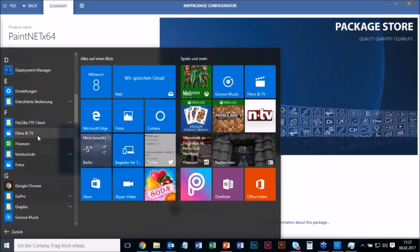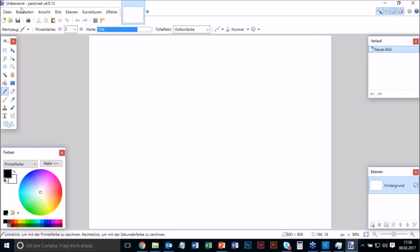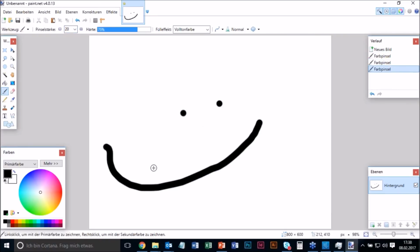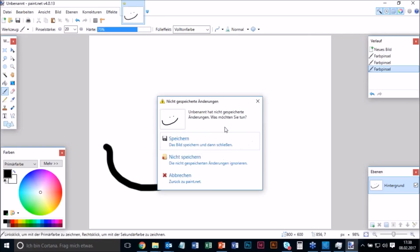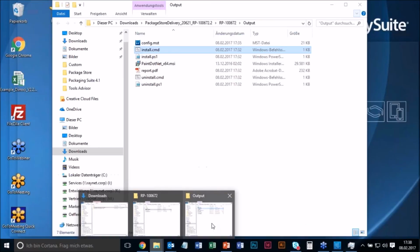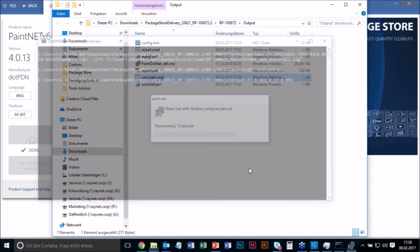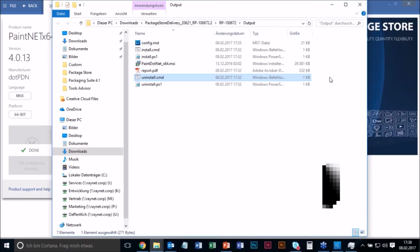Where is it? I've called it graphic. So it's here. I will open paint.net and I think everything is fine. Okay, but I'm gonna use the Creative Suite, so I will uninstall it once again. Oh, this is very quick. Okay, so